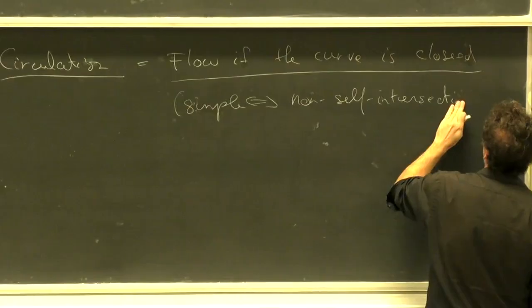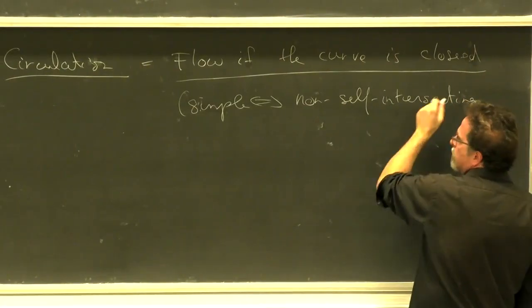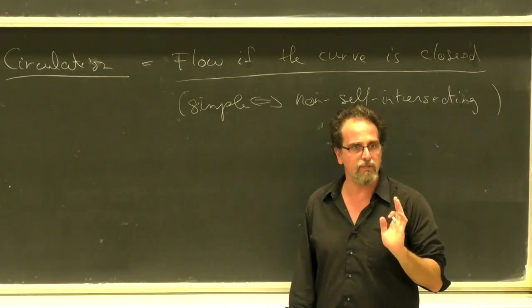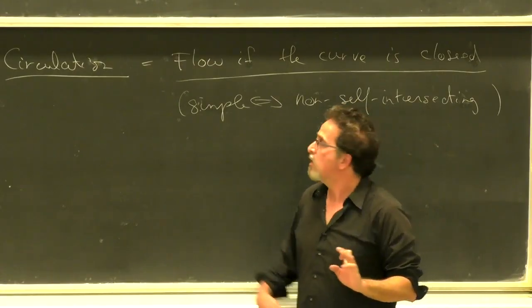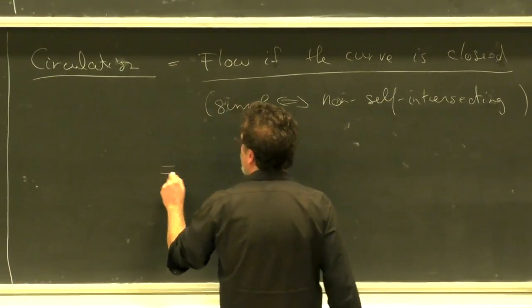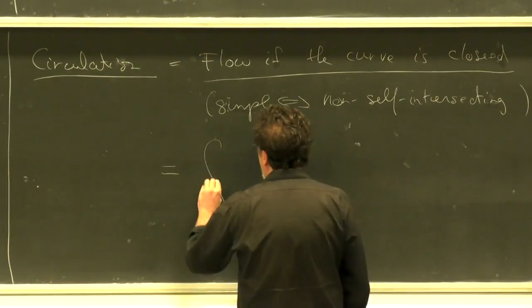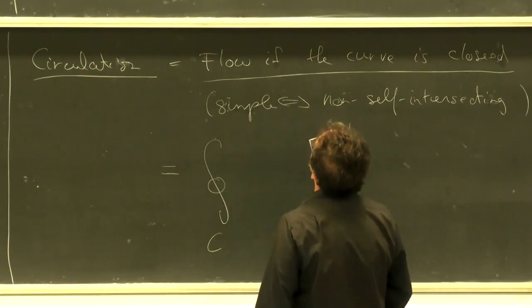And it also means non-detached. But the important part is non-self-intersecting. Let me show you why in a second. So notationally, all we write is that the circulation is the integral around the curve C,